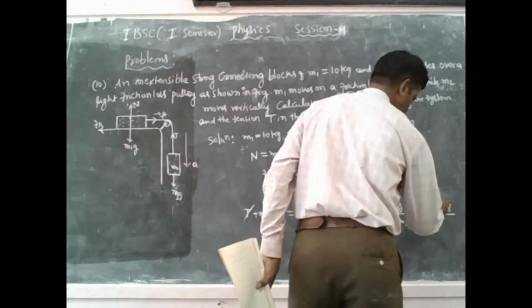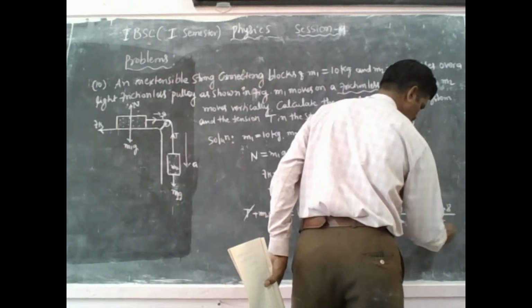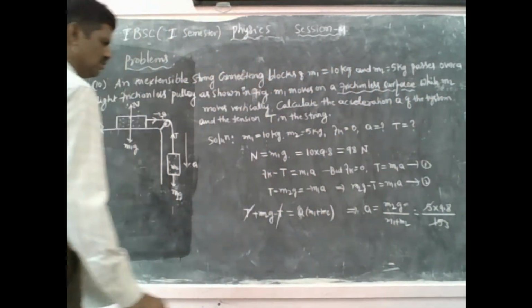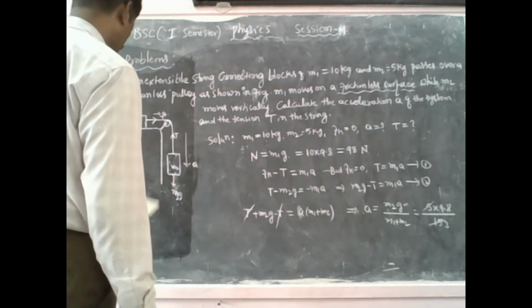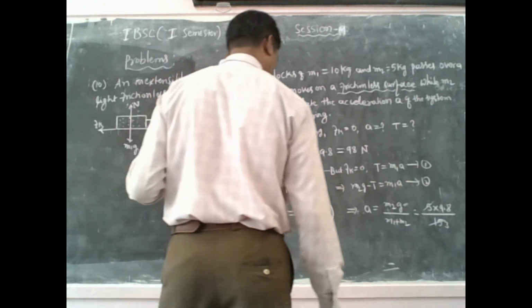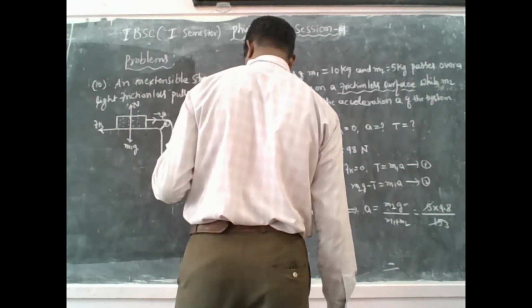So here 5 ones are 5, 5 threes are 15, isn't it? So therefore here A equals the acceleration of the system equals